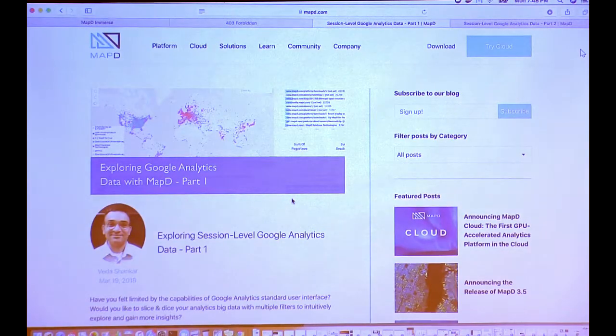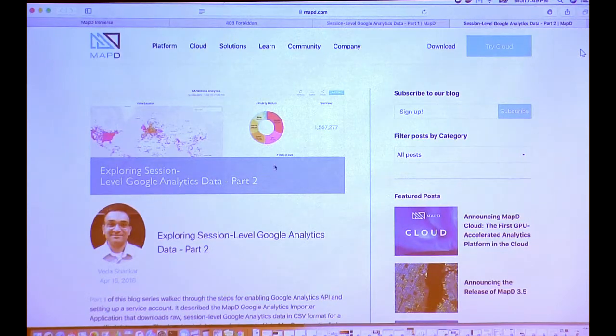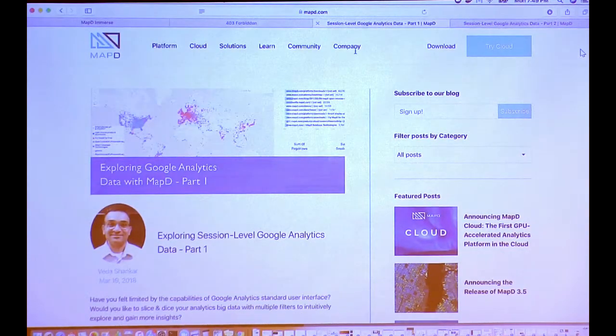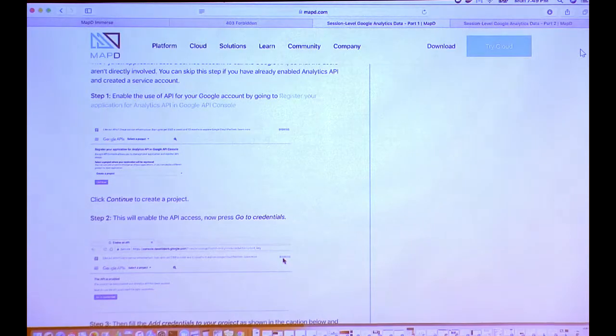Actually, I wrote 2 blogs on this topic, so this is something that you can Google. You can just simply say MapD blog Google Analytics, and you will see the part 1 and part 2 of this, and there's actually a step-by-step guide on how to use MapD. So once you go home, fire up this MapD instance in the cloud. This is actually a very good exercise to go through as a data set to ingest data and also render it as